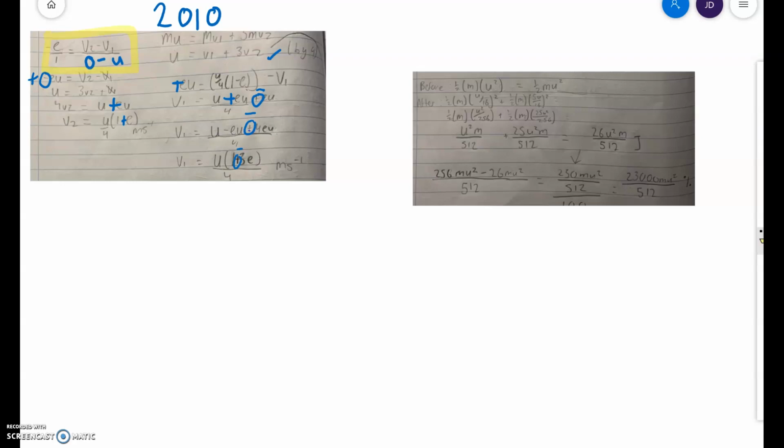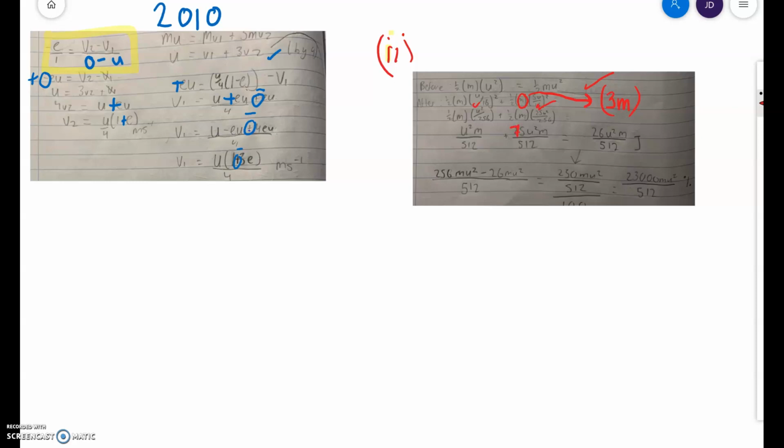Okay, in part 2, you're asked to complete the percentage loss of energy. Okay, so this is correct. Your values for v1 and v2 are correct. So this is correct and that is correct. But what you forgot here was that the mass of v2 is actually 3m. So the mass should be 3m, which would make this here 3 times 25, which would give me